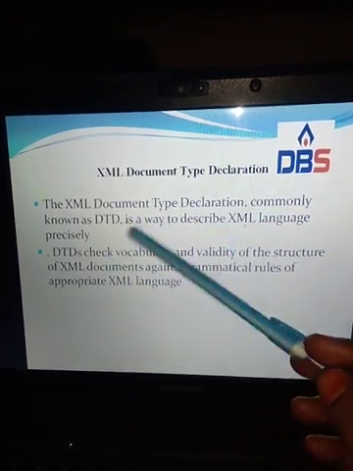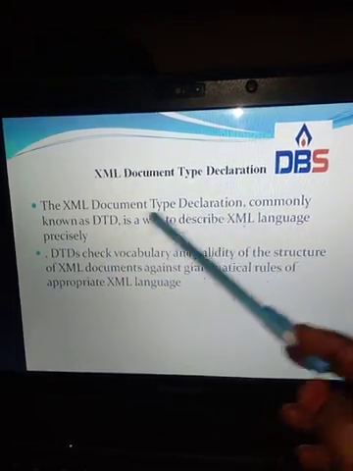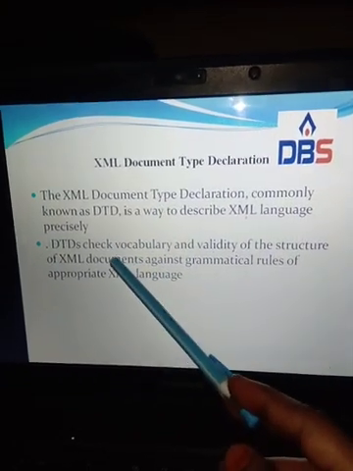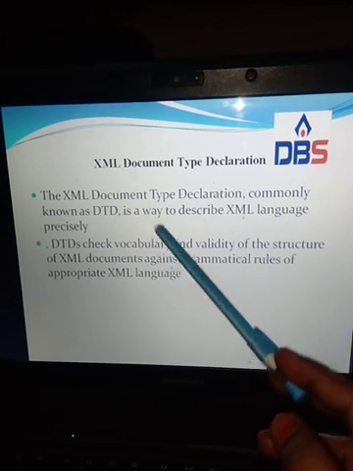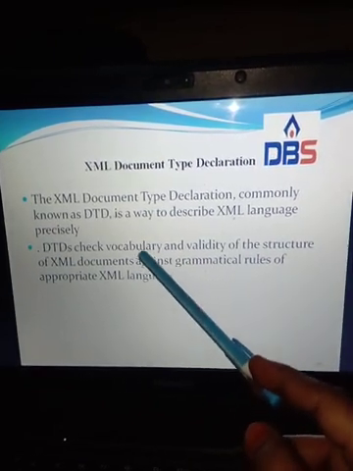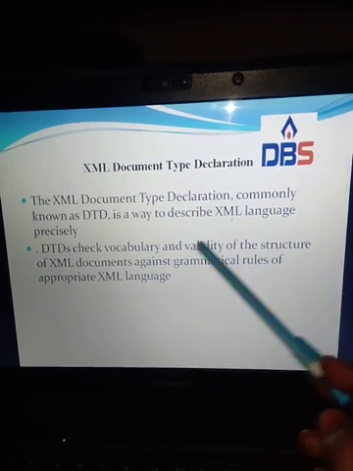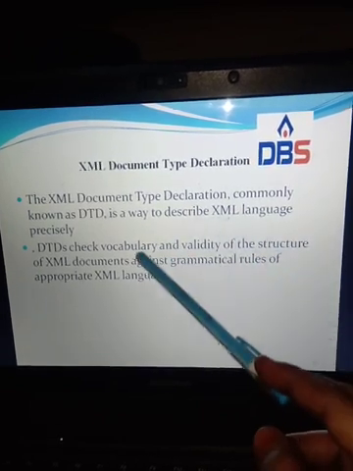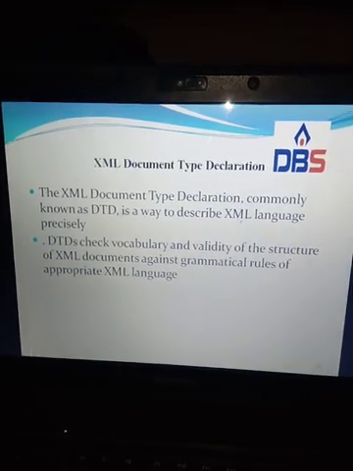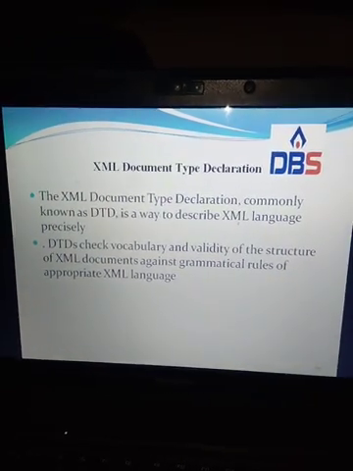XML documents are explained clearly by the XML language, and that's why we are using the DTD. Next, DTD checks the vocabulary and validity of the structure of XML documents. That is the use of the DTD, document type declaration.